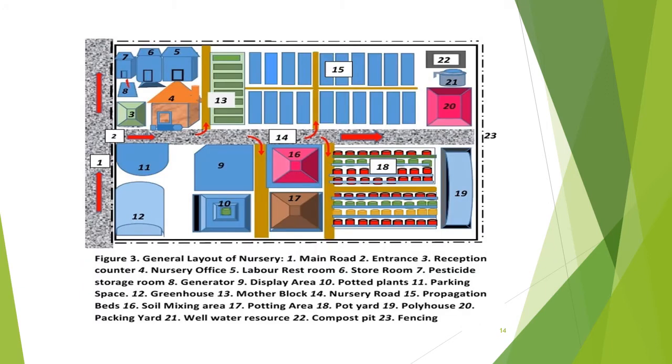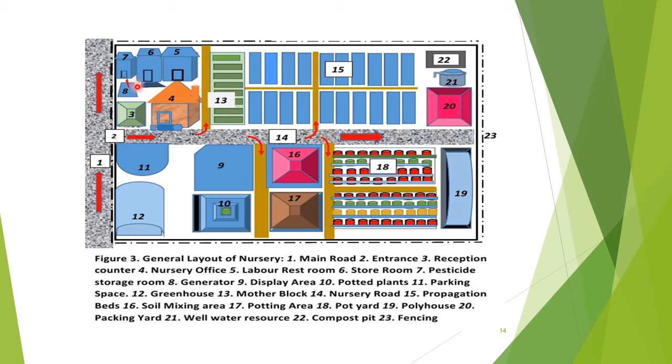It can be explained with the help of this single diagram. You see, this is the main road. The first is the main road. This is the entrance to the nursery. This is the central road going through the nursery. And on this side,